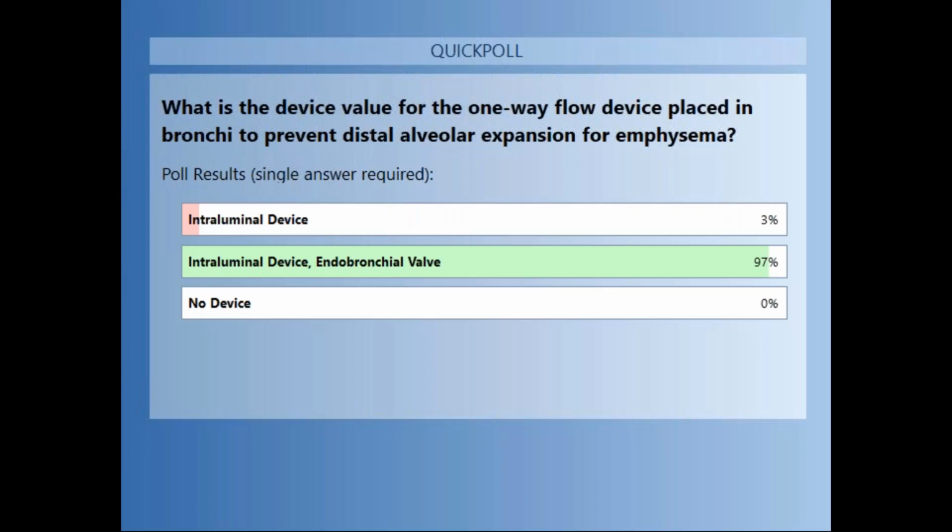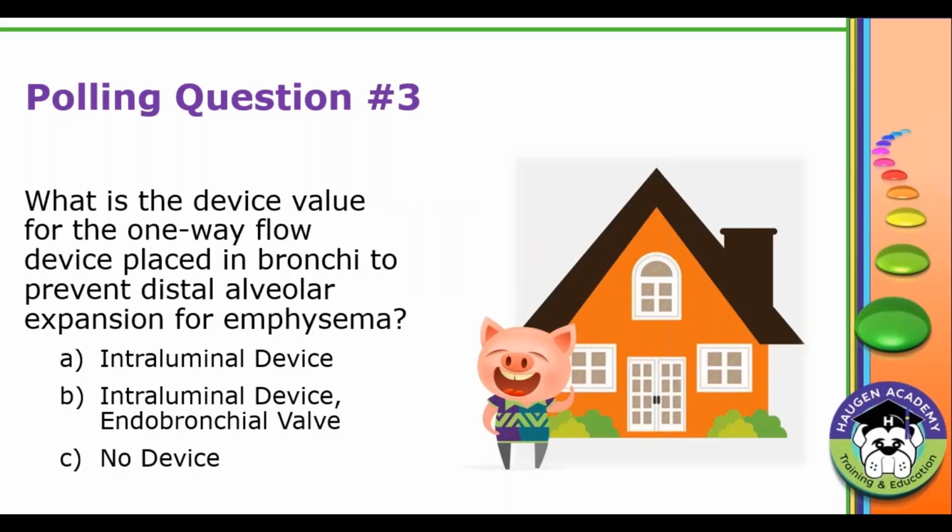Boy, that was fun listening to her stumble over those words. I didn't write this question. I just want you to know I had help. You guys are right. 97% of you, it is interluminal device endobronchial valve. I had this worded differently, and one of my colleagues thought it was a little too simple, so we had to up the difficulty value both for you guys as well as for Kathy. But we apparently couldn't trick you because 97% of you got it correct. All right, Kathy, let's move on